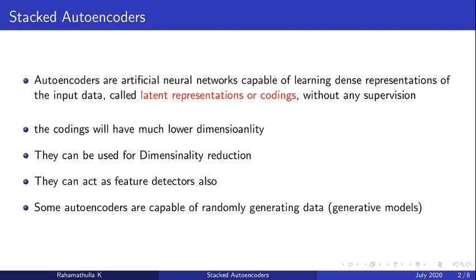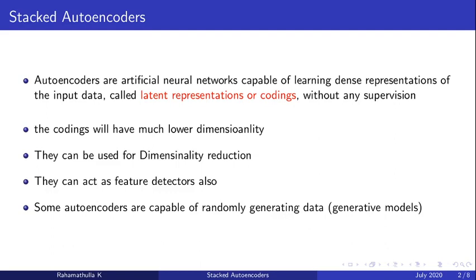Another advantage of autoencoders is that some autoencoders are capable of randomly generating data also. These are called generative models. We will look at a generative model in the next video, what we call variational autoencoders. So autoencoders can be used for dimensionality reduction.